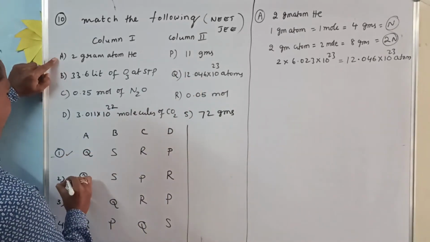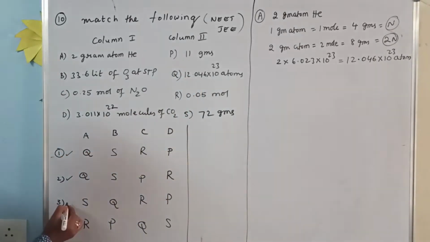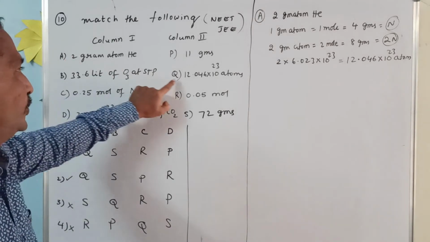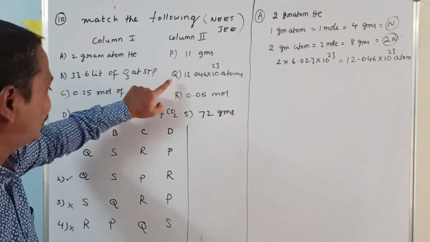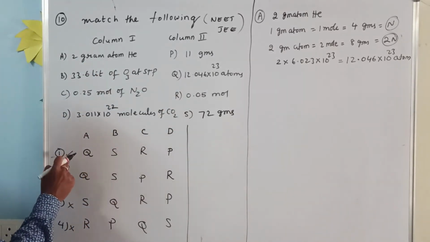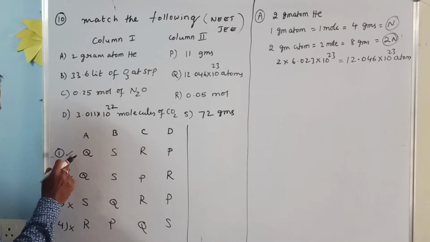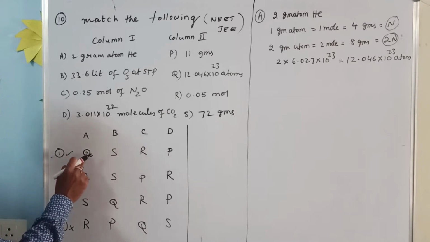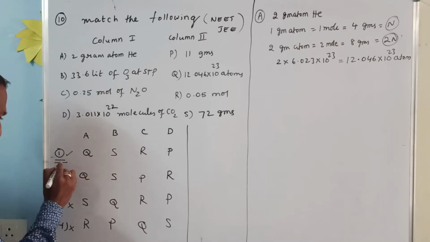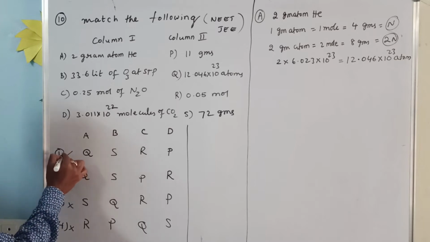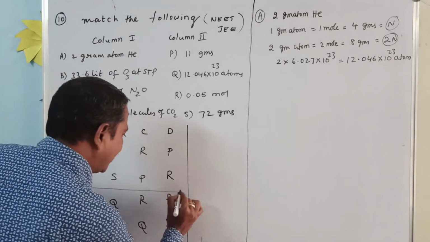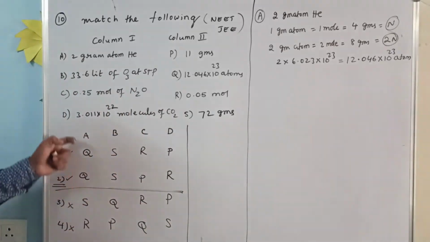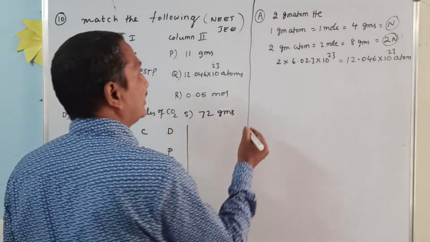So first one you tick 1 and 2. So third one is wrong, fourth one is wrong. Why? Answer of A is Q. See how I am writing. Answer of A is Q. So you check, A answer Q. So there is Q in option 1, there is Q in option 2. See, 1 may be correct, 2 may be correct, but 3 is wrong, 4 is wrong. We need not think about 3 and 4. We have to focus only on 1 and 2. Next we should go for B.